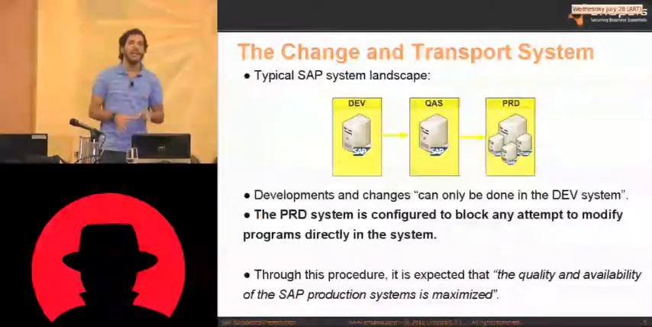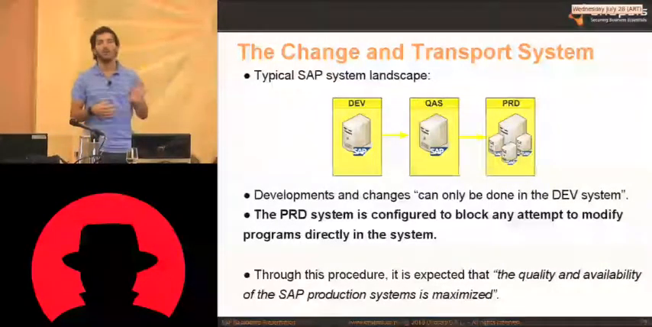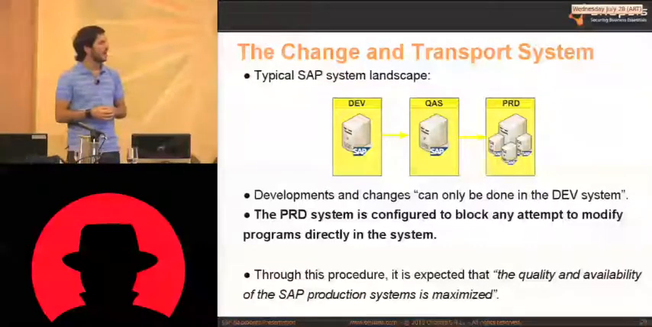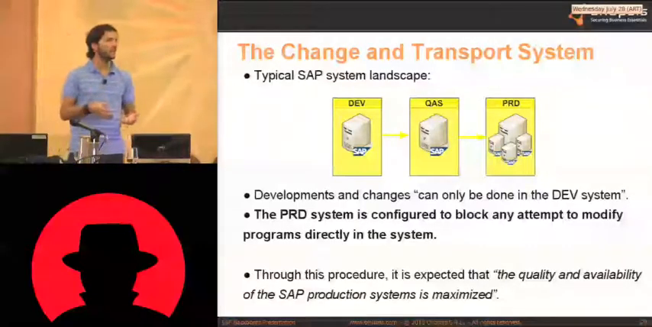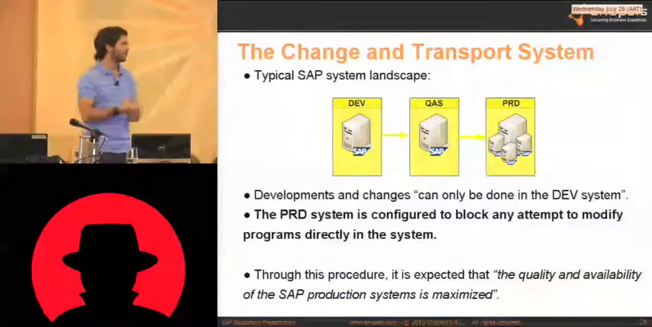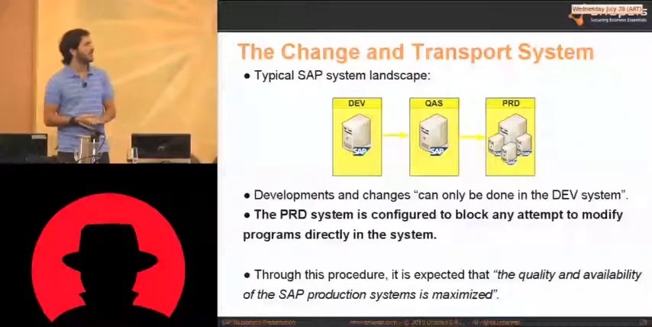So in a typical SAP landscape, you'll find at least three systems: development system, quality assurance system, and production system. Development and changes can only be done in the development system. Okay, that's between quotes for now. The idea is that you will